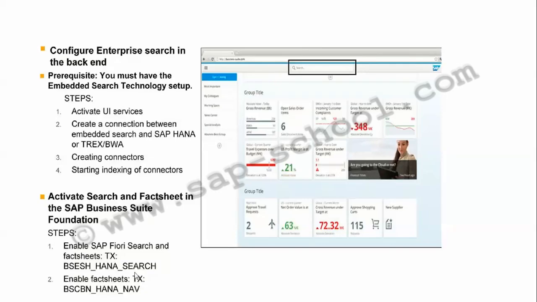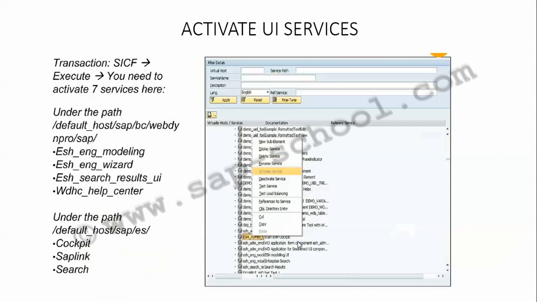After that, we have to activate the UI services. So these are the prerequisites which are required. The first step inside this is to activate the UI services. Similar to the way we have activated the different services for the central components and the product specific components, in a similar way we have to activate the UI services for my search models.